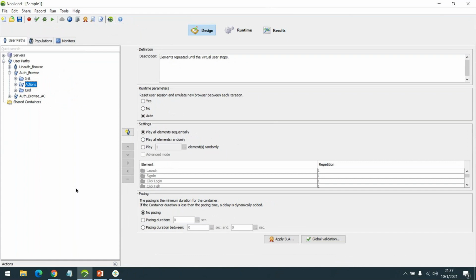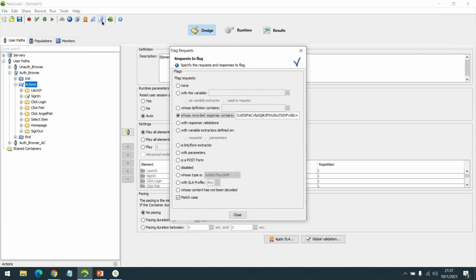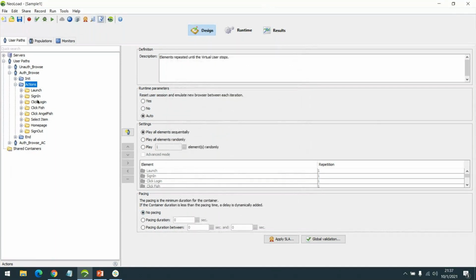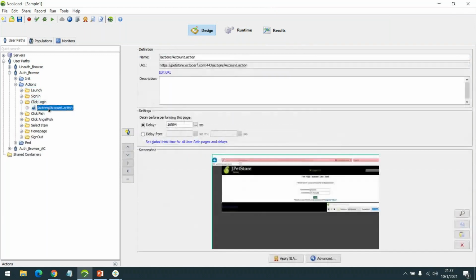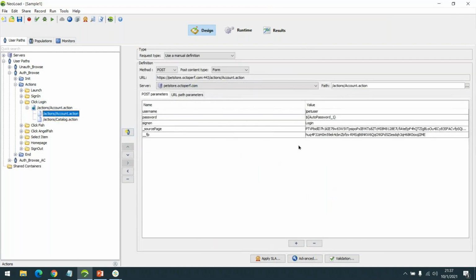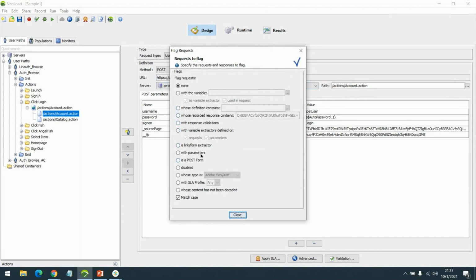I have a question. Why do we have a check on the action? Is it because you have done the correlation? No, I have used the flag. Ah, okay. With the flag, if I click on none and close it, the checkpoint will go off. Why did you use the flag? Just to know which part you want to work on. Is that the advantage of using the flag? There is a separate session just on the flag.